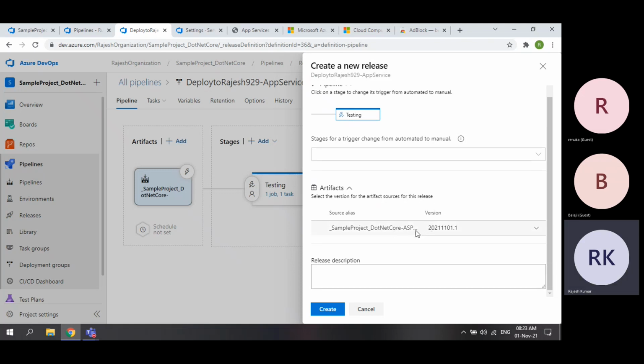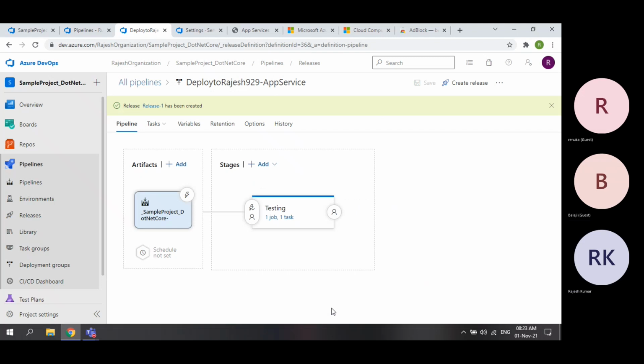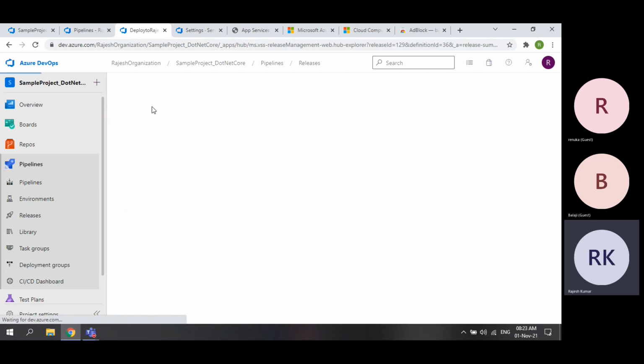See, while creating the artifact I selected latest only, but here it got the latest version number. So now I am selecting create. Here you can see the message, release has been created. If I click on this link,